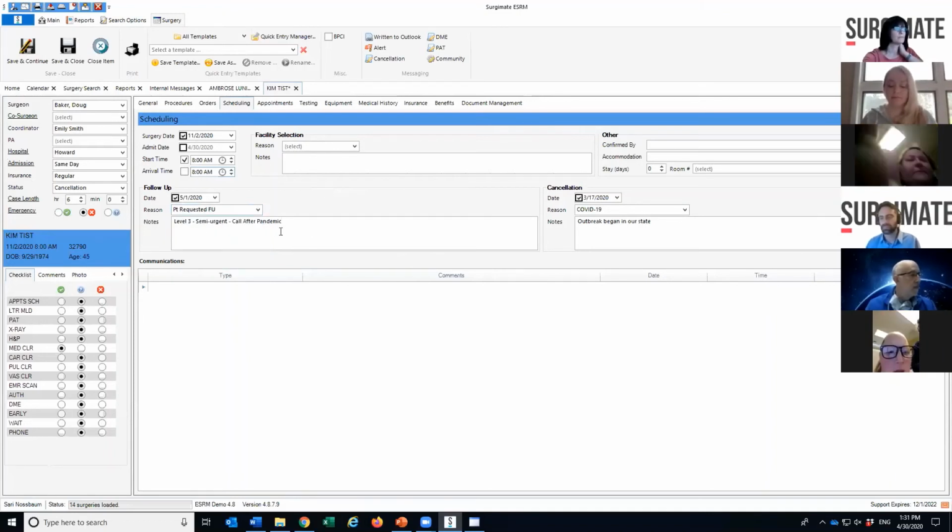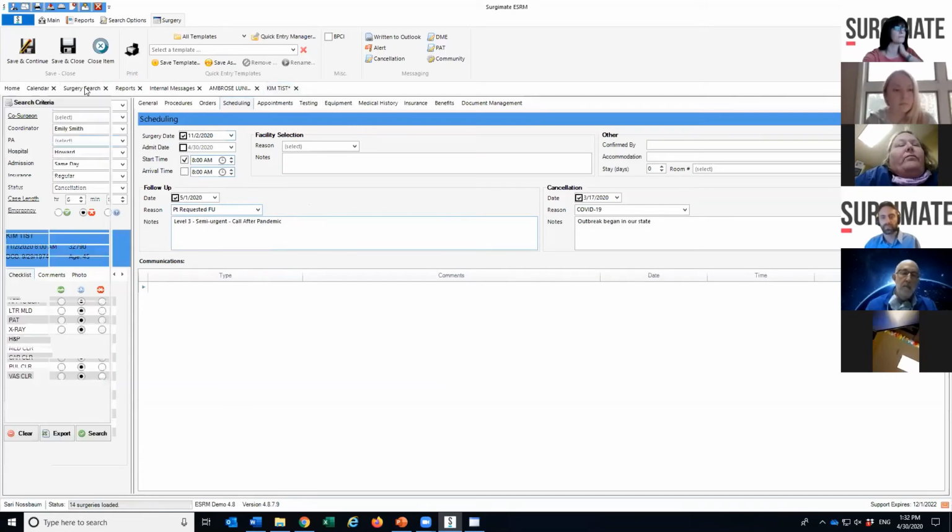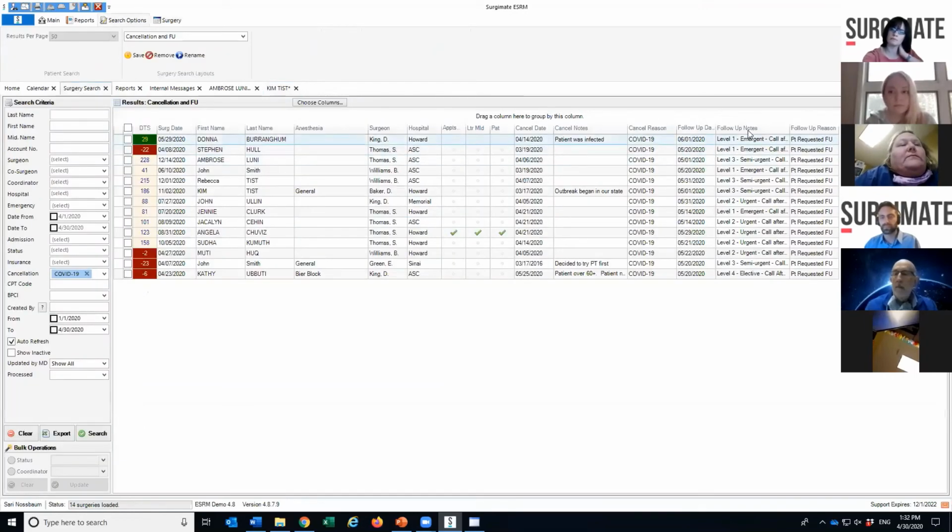And in the notes, some clients have developed their own little protocols to manage when to follow up with the patient. Or they've requested that we put 3 or 4 levels in here so they know when. And they say COVID level 1, COVID level 2, COVID level 3, COVID level 4, like I have over here